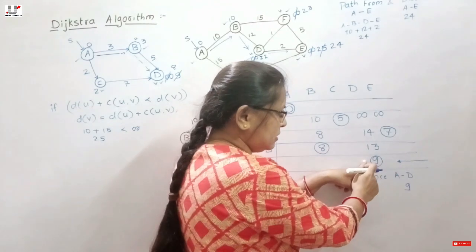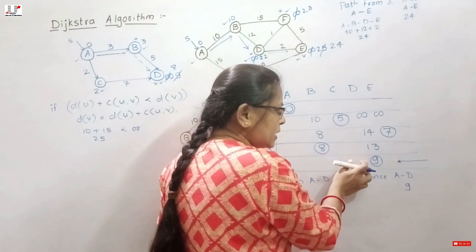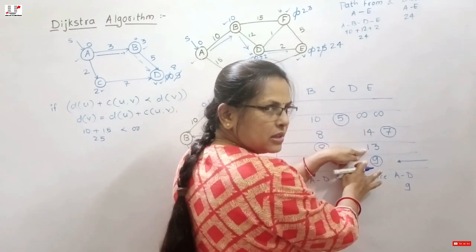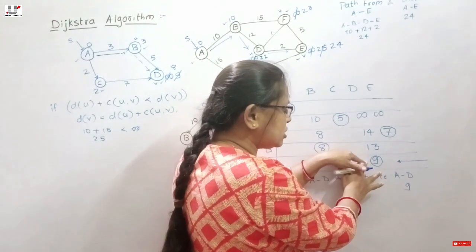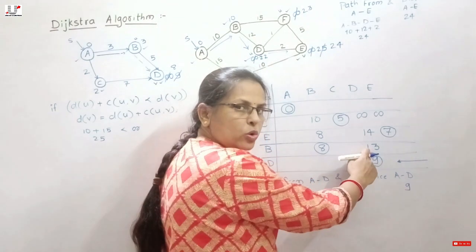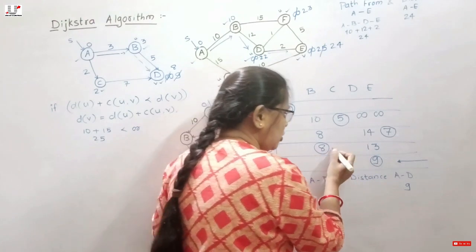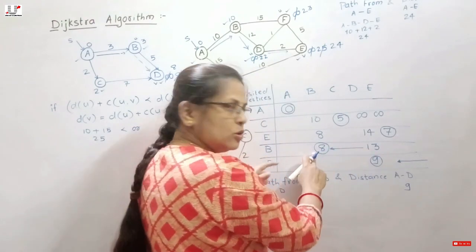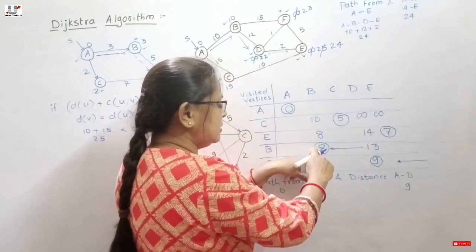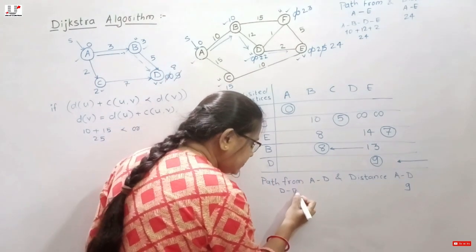Yes, in the current row it's 9 and in the row above, the same node has the distance 13. That means there is a modification in the same column. So check which node you have selected as the smallest one. In this row we selected 8. So whose weight is selected? Here B is selected. So specify that B.